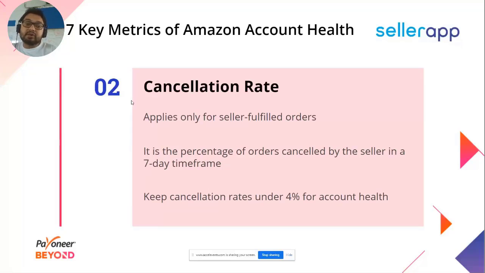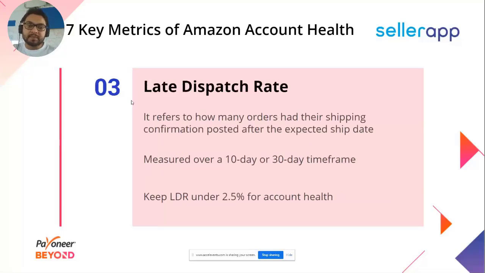And there can be multiple reasons, which you can avoid, for these cancellations. When you look at the listings, you have to make sure that all the detailed information of the product is right on the product listing pages, right? What we have seen is that most of the cancellations are because of incorrect information. Most of the time there is a different packaging size and a different product size, right? The customer's expectation is the product size, not the packaging size. So we have to make sure that whatever information we put, whether in terms of guarantee, sizes, or quality of the product, everything has to be right. Otherwise, your cancellation rate will be high, right?